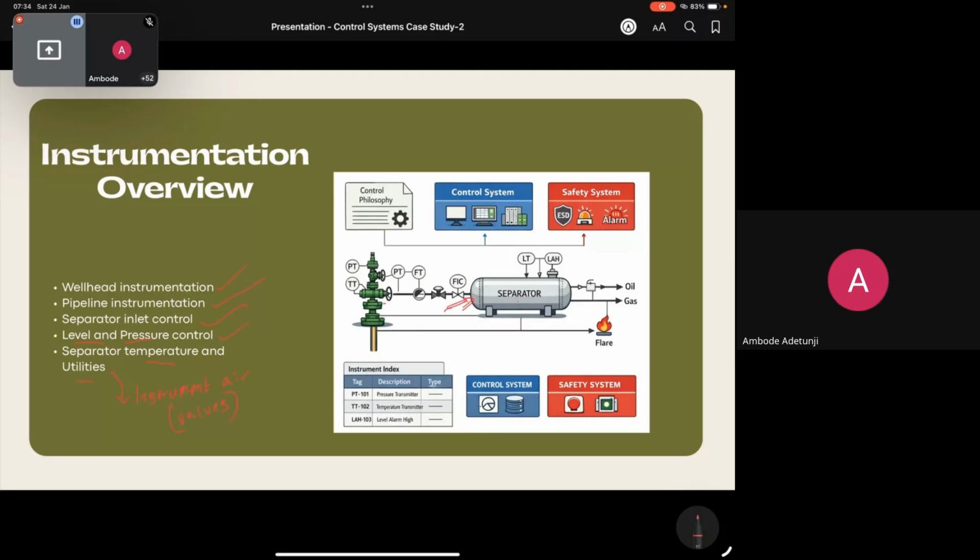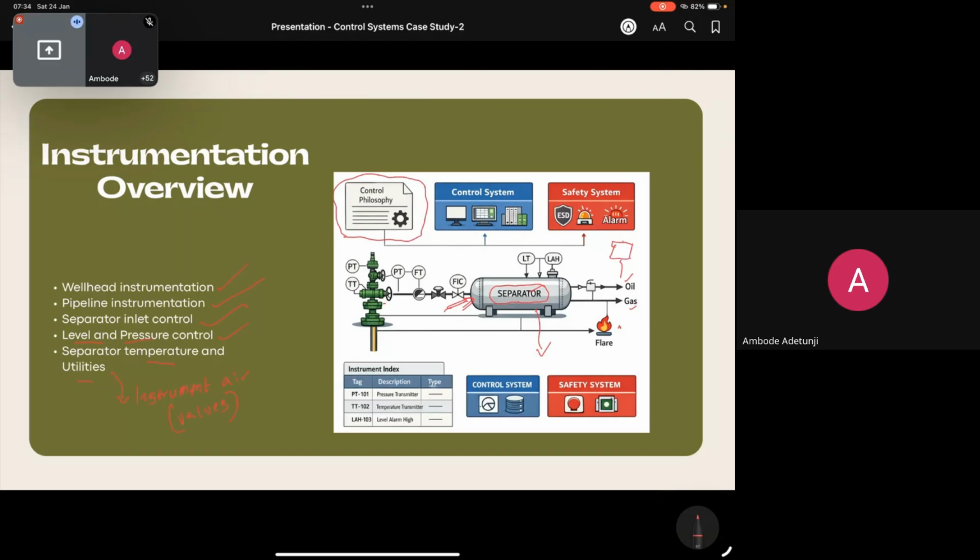We need to determine, so recall, a three-phase liquid enters the separator, and we are having oil and gas, and then water, right? We're going to pass this gas to, whether it is to flare or to a compressor station, right? We're going to pass this oil into some kind of tank for storage or a vessel to take it away, right? So how do we tie all this thinking together? The first thing we do is we define what we call our control philosophy,